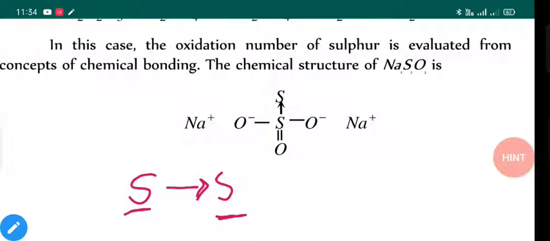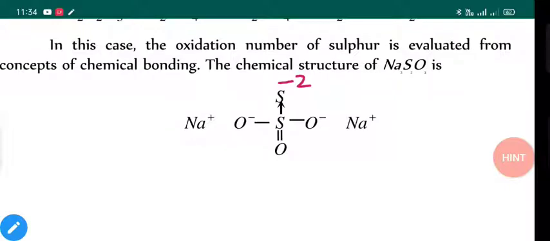That means one of the atoms will behave as the electropositive element, the second one will behave as the electronegative element. That's why this coordinate covalent bond will give us +2 charge on the electron donating sulfur and -2 charge on the electron accepting sulfur. So this sulfur has only one bond and it is a coordinate covalent bond with the central sulfur. That's why this sulfur will carry -2 charge and all the remaining atoms will act as usual. Oxygen carries -2 charge, so the second oxygen also carries -2 charge, the third oxygen also carries -2 charge, and sodium carries +1 charge.